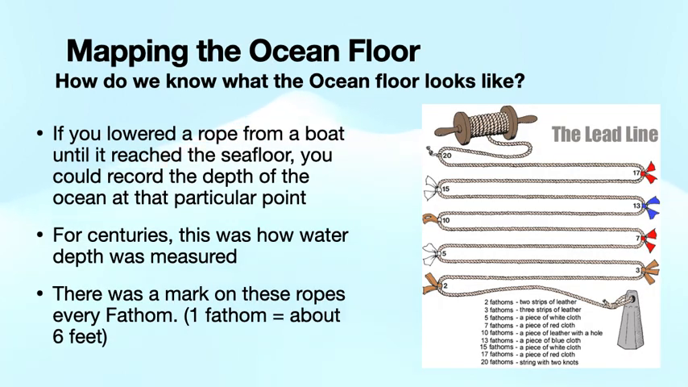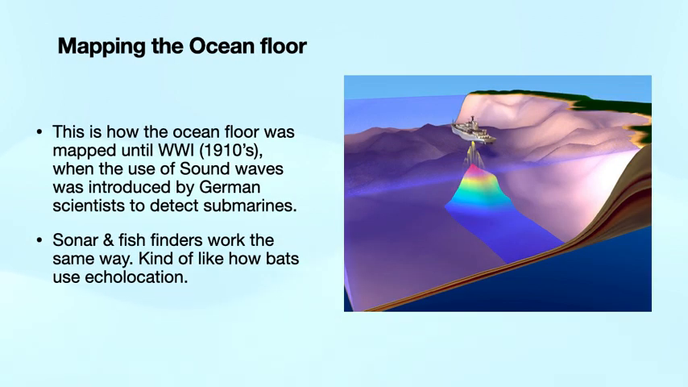So first, some background. When they first started mapping the ocean floor, they did it using a rope that they would lower with a weight on the end to the seafloor, and using that they could determine the depth of the ocean. This was how they measured water depth for centuries. There was a mark on these ropes about every fathom, which is about every 6 feet or so. So this was how they mapped the ocean floor until World War I,